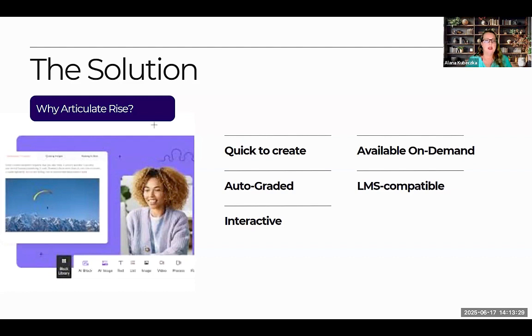Yep, the time to build, does it integrate? Kind of the things that you see up here, right? Do you want it to have those things? So when I'm looking at trying to increase engagement for an instructor who comes to us asking for that, and I know we have a lot of those at Lone Star who'll come saying, hey, we need some ways to increase our engagement. And through talking to most of the instructors I've worked with, these are the kind of things they want. They don't want it to be a heavy lift on them. They kind of want it to be something that runs itself, but that students are engaged in. So it kind of hits all of these points.